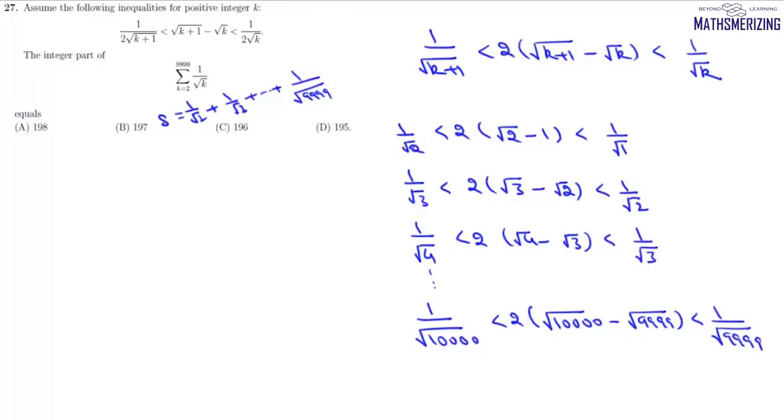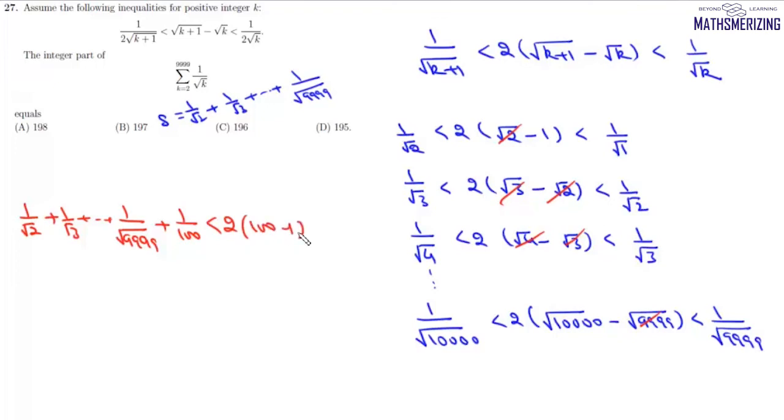If we add them all up, here we'll get 1 upon root 2 plus 1 upon root 3 up to 1 upon root 9999 plus 1 by 100, and it will be less than. Now when we add them, all these terms cancel. We'll get 2 into this value, which is 100